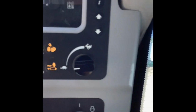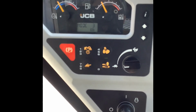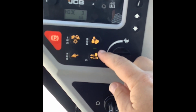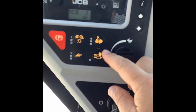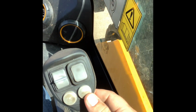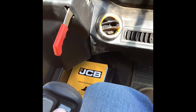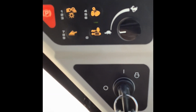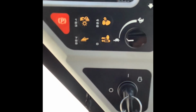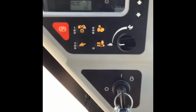Now, real quick, up here on the right side screen, you can see that this button here, number 0, has a little green light on right above it. This is your auxiliary hydraulic lockout button. With that button on, you cannot enable high flow. You also would not be able to run your flipper over here. It's not going to do anything because your auxiliary hydraulics are locked out, so it's not getting any flow. So you need to make sure that that button is off,